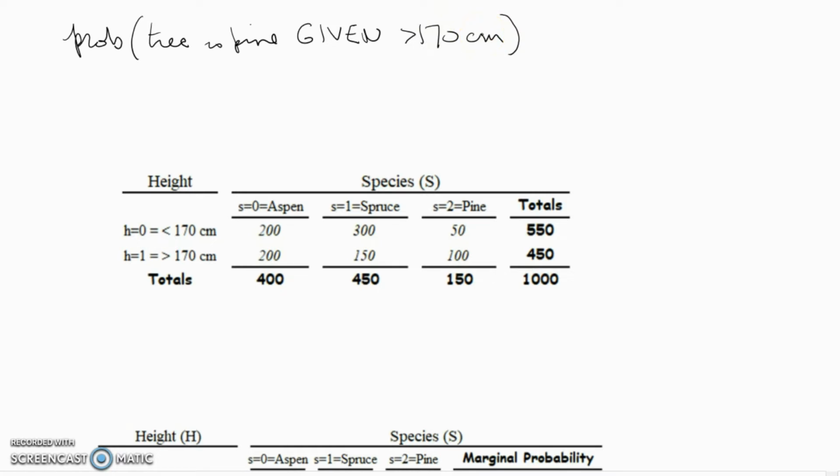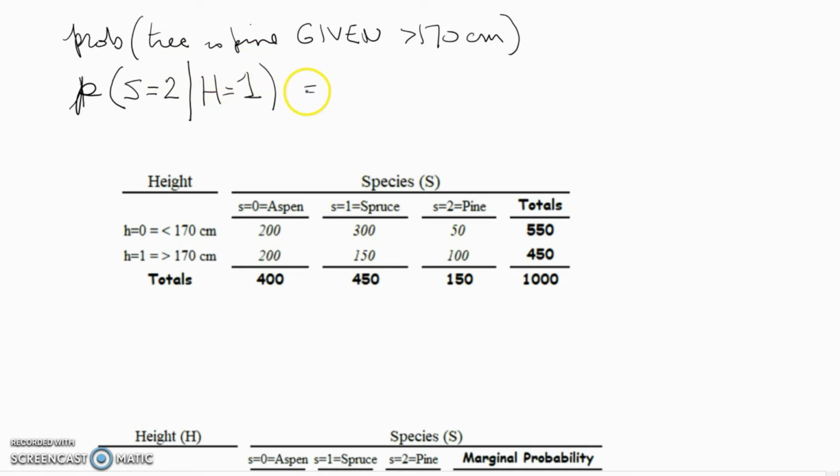So we can represent that as the probability S equals 2 given H equals 1,